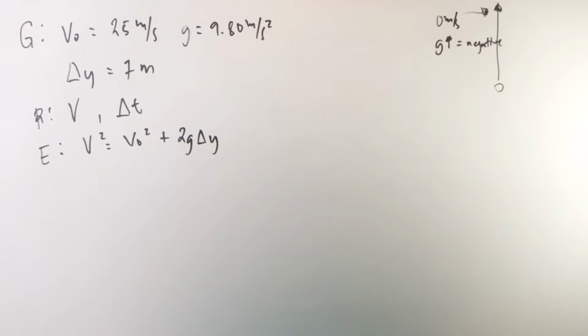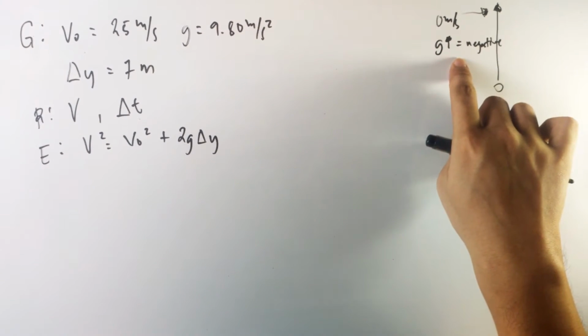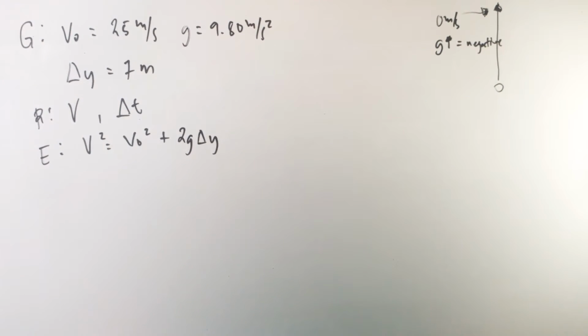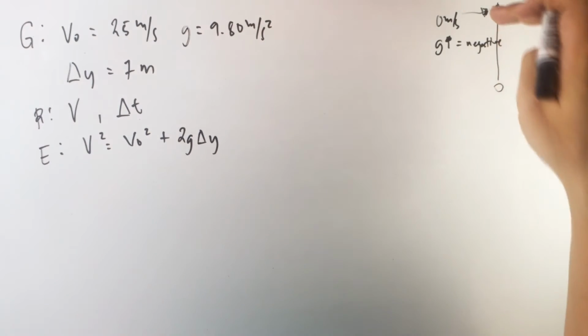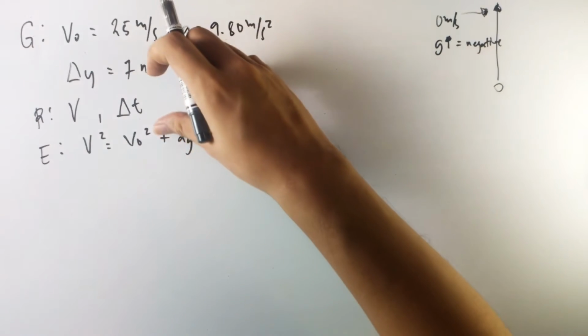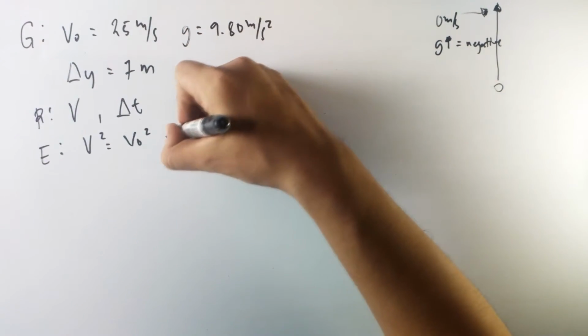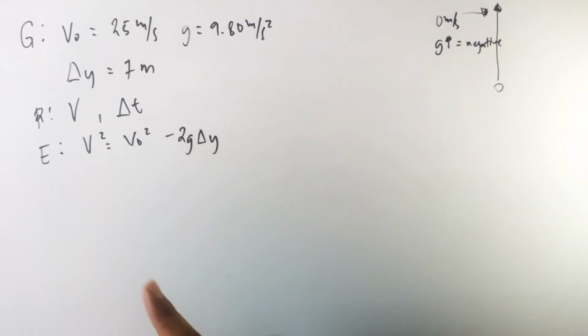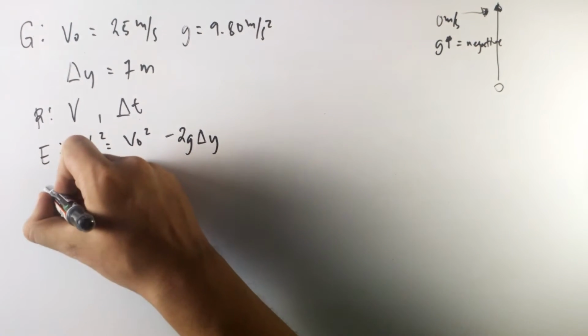Correct? Okay, now remember that our object is moving up. It means that at a certain height, the velocity it's going to hit must be 0. If it's going to reach this one, it must be slowing down. So you have to change the sign to negative to accommodate that g is negative when the object is moving up. Okay, so after knowing that, we can now solve for